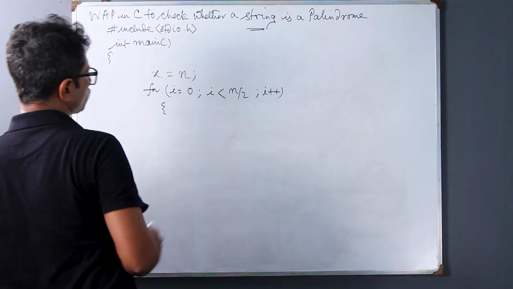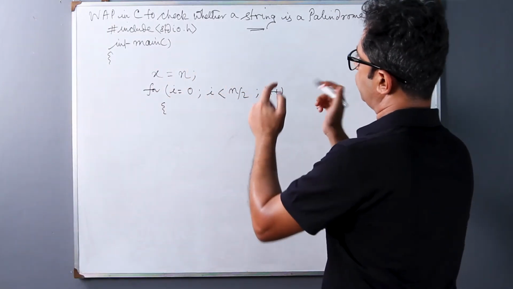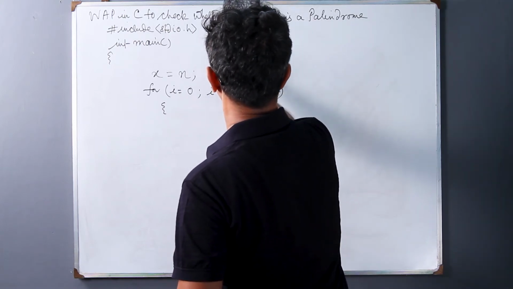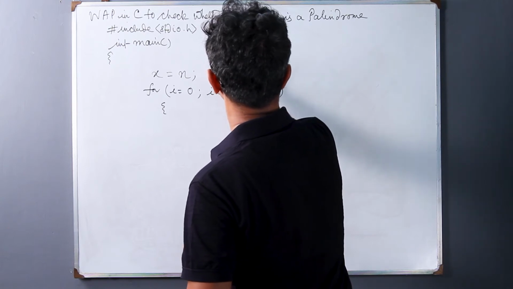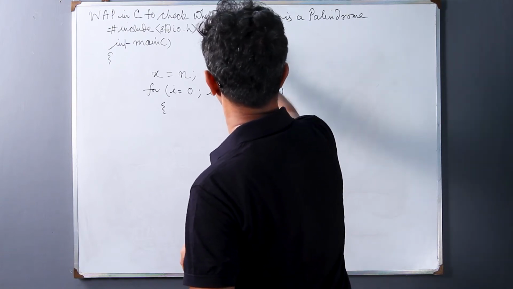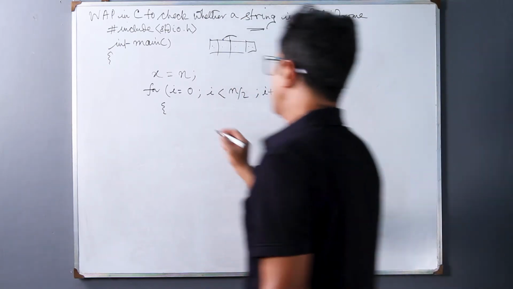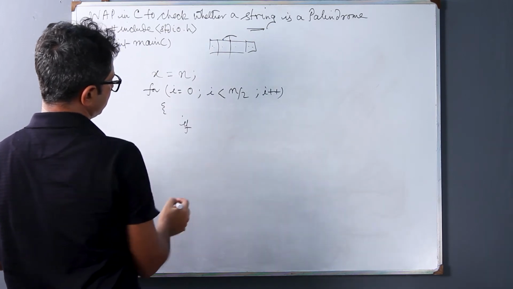Now, under this we have to check the characters one by one, starting from the leftmost side and the rightmost side, then next to this leftmost side and next to this rightmost side, until we reach a point where we cross over. So, what to do? Now, we will compare like this: if